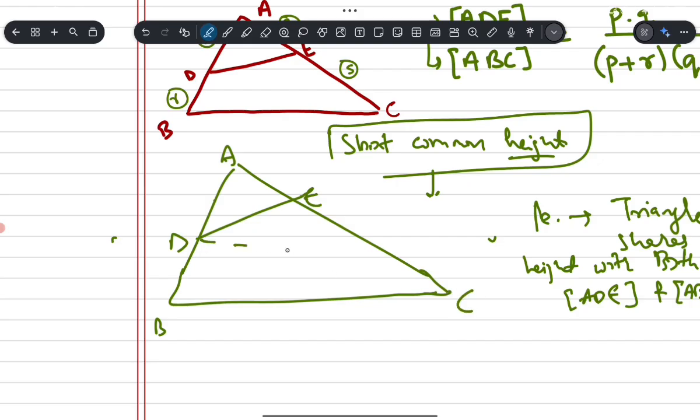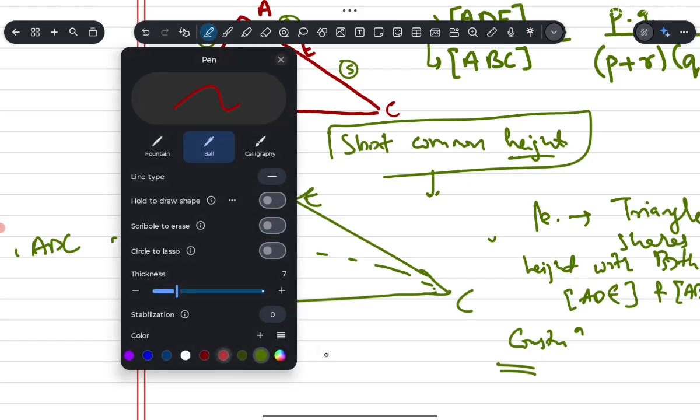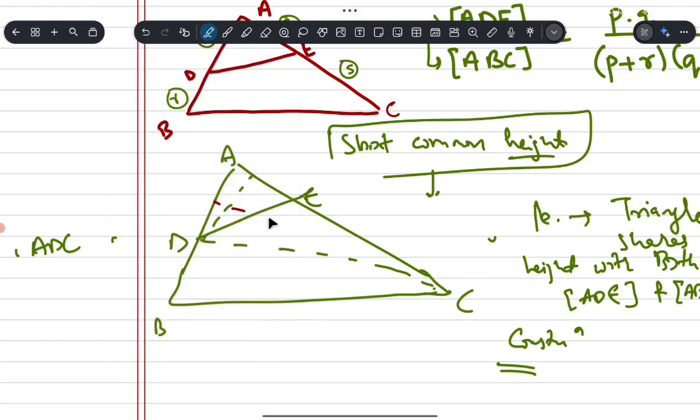I'm asking you to connect this. This is how you get the intuition for construction in proofs. So we have to find the connecting triangle. We found out that ADC is the connecting triangle. Why? Because this triangle shares this height with ADE, and let me change the color, it also shares this height